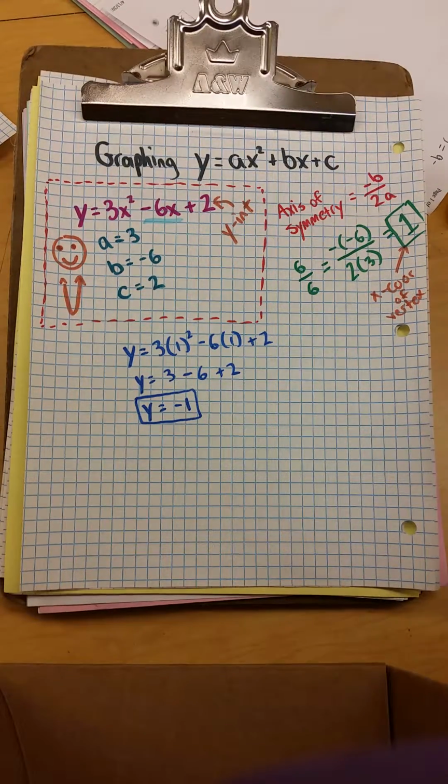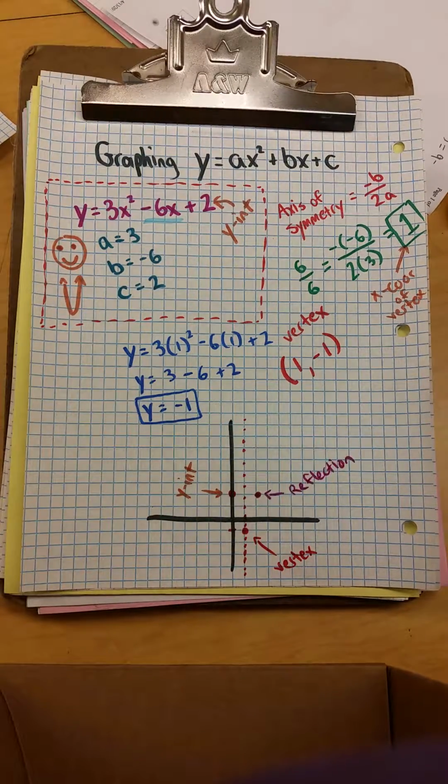Now that we have our vertex, we are much closer to having the graph. Here are the 2 points that I know, and I can reflect